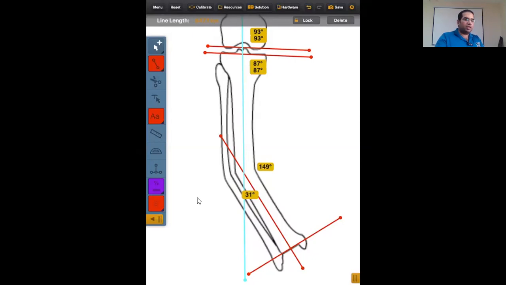Now coming to the fourth session. Up till now we have planned the deformity. Now we have got a full planning. We know that the femur is normal. The cause of deformity is in the tibia, and it is in the mid diaphysis. We have traced the exact location of our deformity, and we also know the magnitude of the deformity. It is 31 degrees. Now coming to the second step, how are we going to correct the deformity?